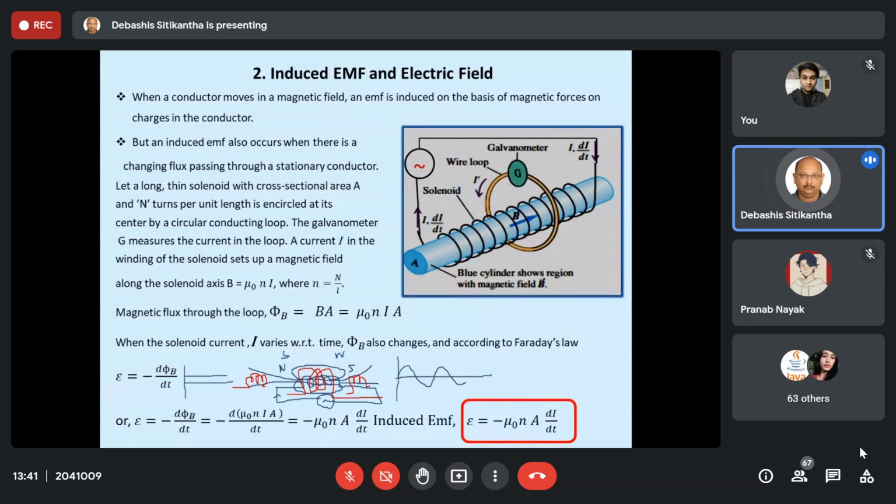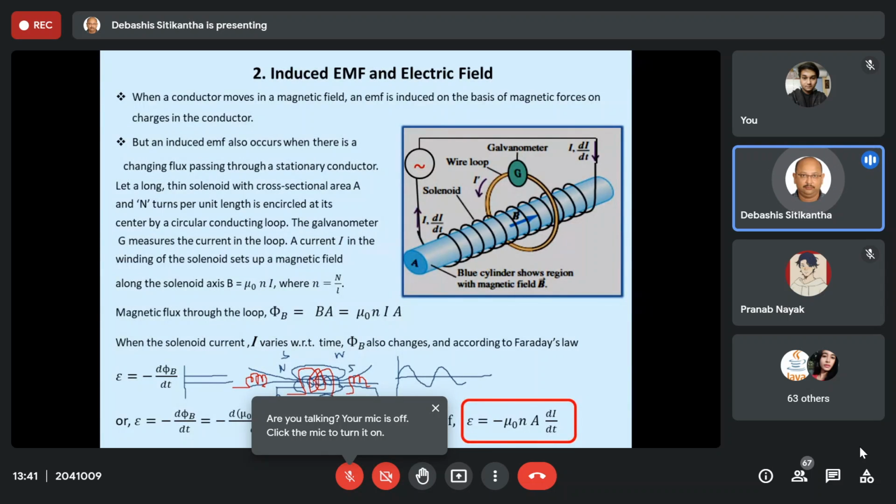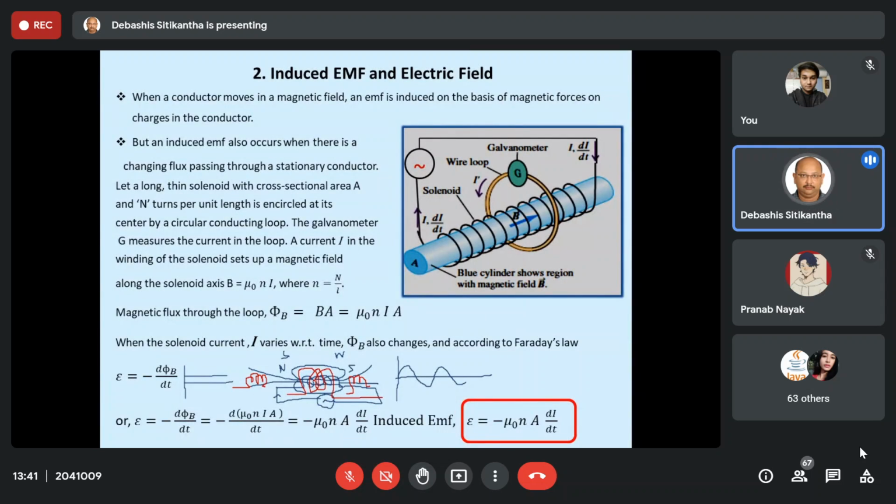In the previous case, in both the cases, we were actually making a motion, or there was a movement of the conductor which was generating the EMF. But over here, there are two stationary conductors, but in one of the conductors, you are changing the magnetic field by applying a changing current, or time varying current. So naturally, the coil which is very near to it is also subjected to the same magnetic field variation, and because of that only we are going to get an EMF across the other coil.